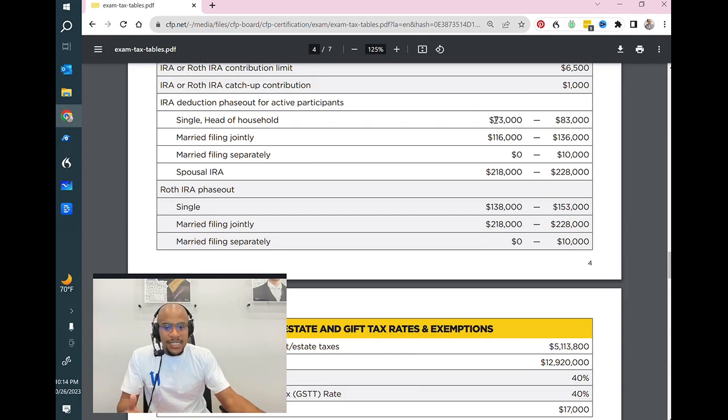As an example, for a single person or someone who files head of household, that phase-out range for active participants is $73,000 to $83,000 of modified adjusted gross income. So a person in our example is far above that. But even married filing jointly, it's from $116,000 to $136,000. Again, the person in our example is far above that. So what they're saying to this person is, even if you've maxed out the 401k at your job and you said, I wanted to put aside an extra $6,500 towards my retirement, you can put that $6,500 into a pre-tax IRA if you want to, but you may not be able to deduct those contributions by doing so.